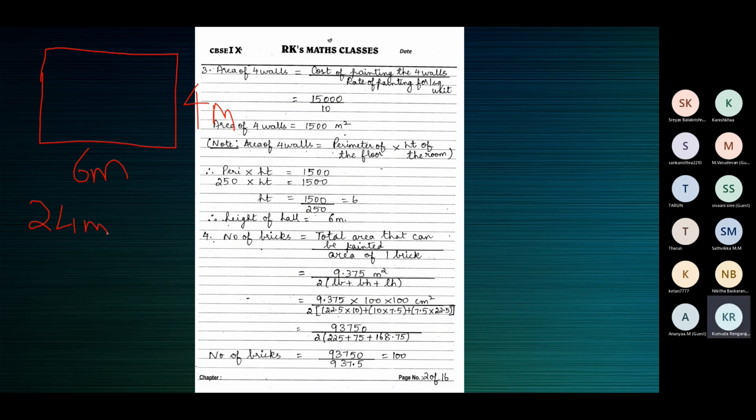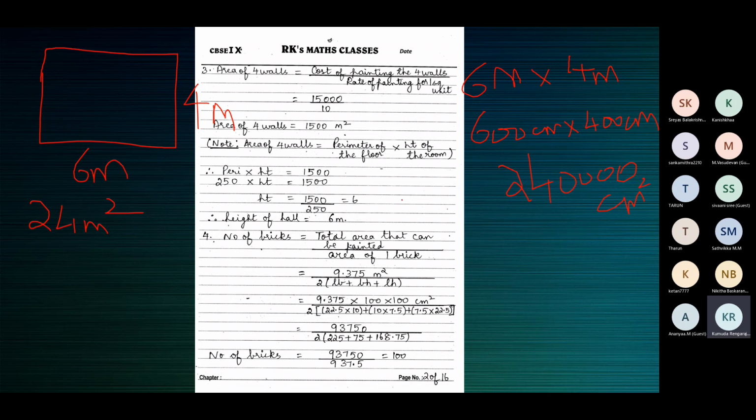Supposing we find area in centimeter square, then it will be 6 meters into 4 meters, 6 meters being 600 centimeters, 4 meters being 400 centimeters. So the area is 6 fours are 24, followed by 4 zeros. 1, 2, 3, 4 zeros